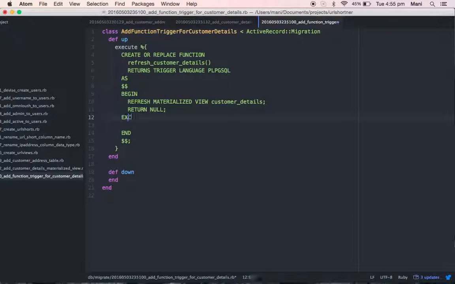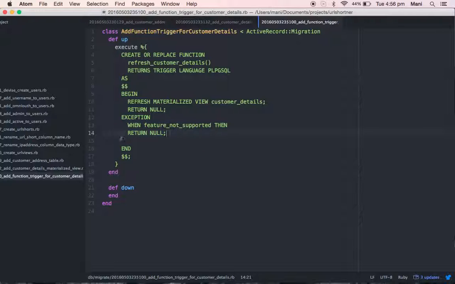This is the exception: if any error happens, when feature not supported, then return null.